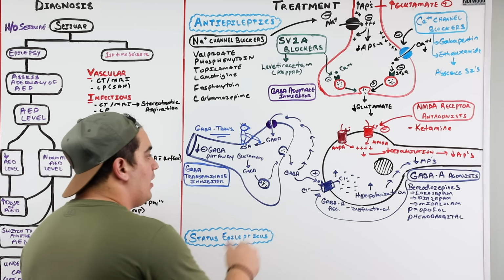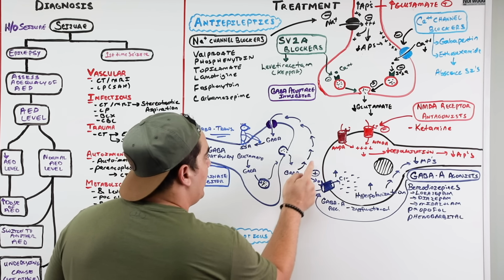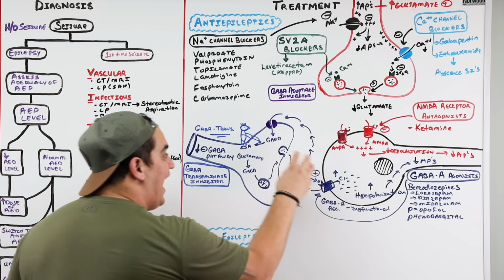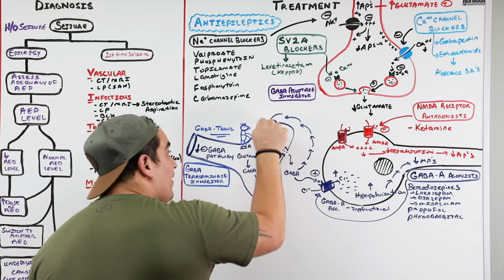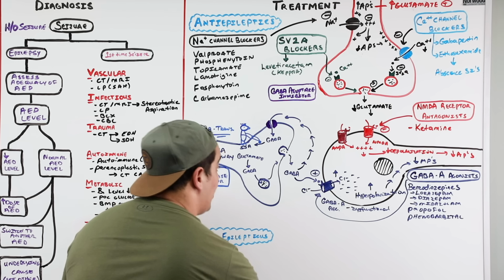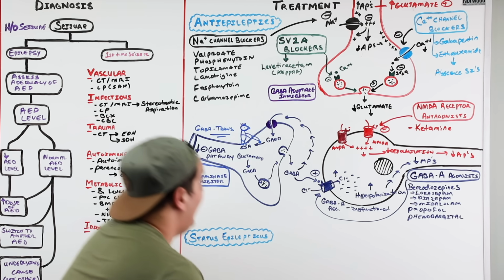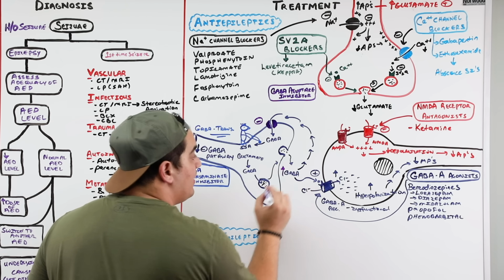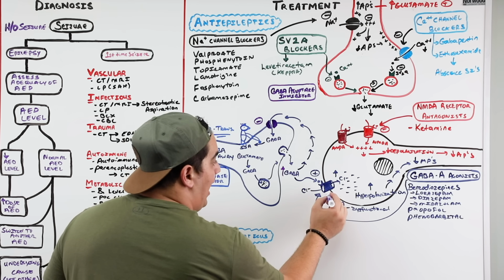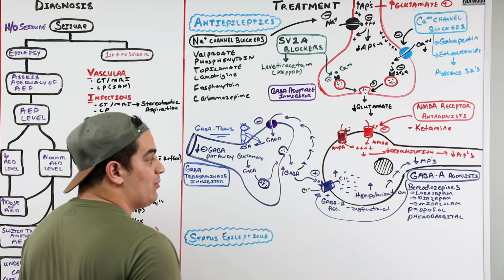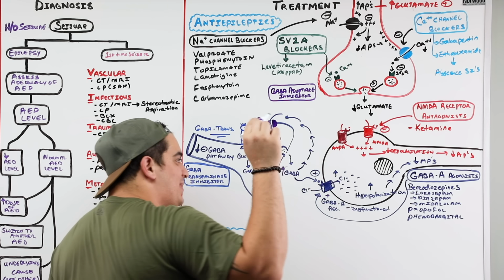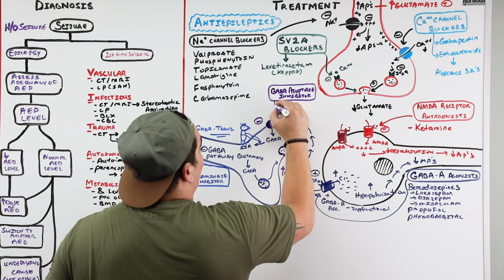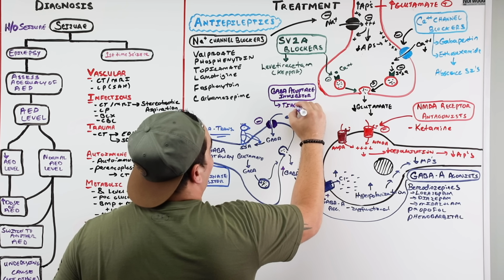Now, what else? The other part of the pathway here is GABA gets reuptaken back into these neurons. What if I keep GABA in the synapses and prevent it from getting reuptaken into these synaptic bulbs? Son of a gun. If I do that and inhibit this uptake, then GABA will stay in the synapses longer. If it stays in the synapses longer, it'll stimulate these GABA receptors more, increase chloride ions, increase hyperpolarization, and decrease the action potentials. What is the name of the drug that can do that? Tiagabine.